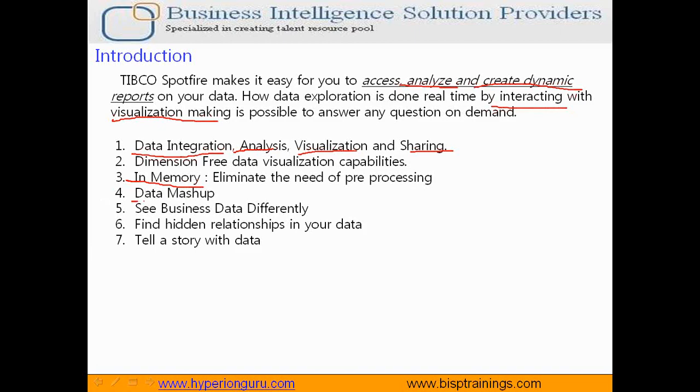Another great capability of Tibco I'd like to highlight here is called data mashup. Data exists in your disparate systems, so you may like to integrate your personalized Excel sheet, your personal analysis, with your enterprise warehouse data. Without bringing the personalized Excel sheet into the enterprise data warehouse, you can merge these two data sources and give one uniform view to the customer. So it adds great value. You do not need to add an additional ETL, or extract, transform,